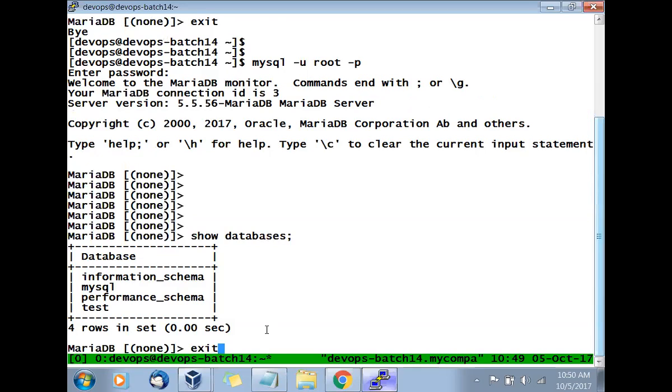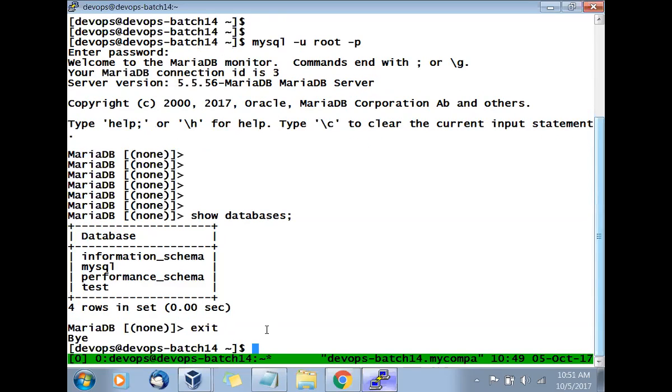Now what we will do today, we will stop here because I don't want to break in half. Tomorrow we will get all the commands related to the MySQL database. Tomorrow's complete session is on the MySQL database.